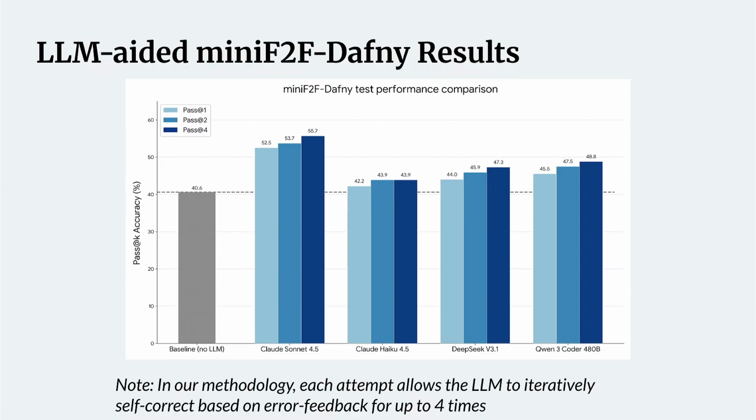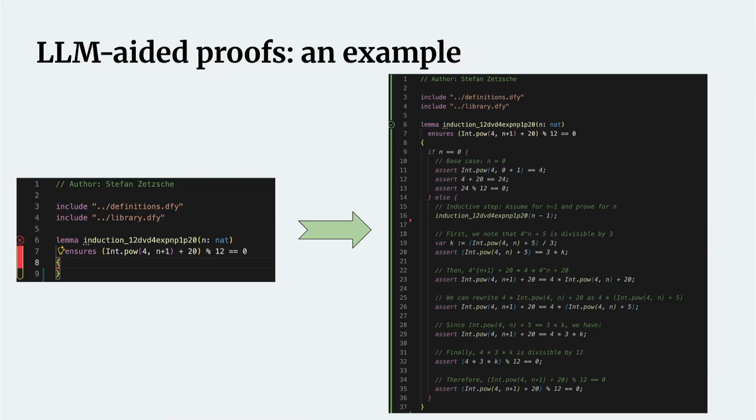So not a huge improvement, showing that these models were not really trained for this task in Dafny, however, showing some capability. How does this look like? An example problem where the proof doesn't get automatically synthesized is the following induction problem, showing that taking 4 to the power n plus 1 and adding 20 is always 0 modulo 12. So of course, on the left, I've shown in my editor that this doesn't pass the compiler, but on the right,